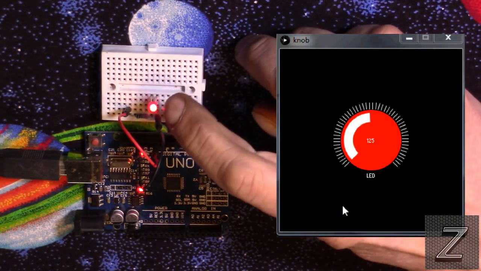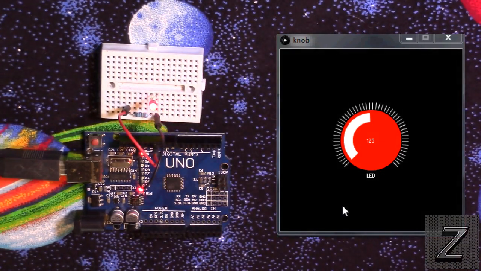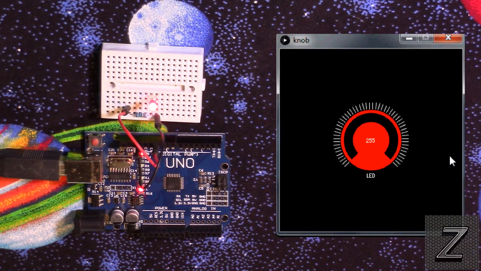It's just an LED on pin 11. We want to use a PWM pin because we're going to use the knob to control the brightness of the LED, and I'll show you here. We turn it up, we turn it down. Real easy program to set up. In a minute here we'll get into the processing and how this is set up, but